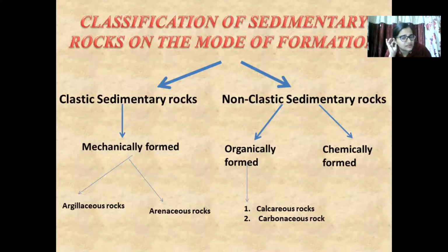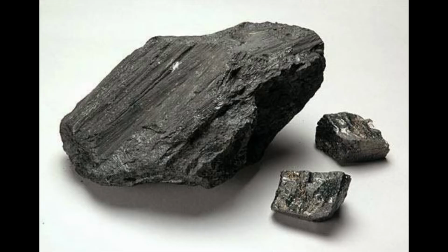But here we are not considering petroleum and natural gas. One reason why, carbonaceous rock मतलब the rock which will contain huge amount of carbon. ठीक है, so the classic example is coal, right? So coal is a classic example of organically formed non-plastic sedimentary rock under carbonaceous. Why? Because here the coal is formed from the decaying parts of plants, which then gives rise to subsequently huge amount of the carbon content, thereby giving rise to different categories of coal, कोयला जिसे हम बोलते हैं.